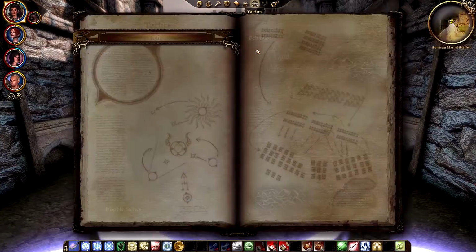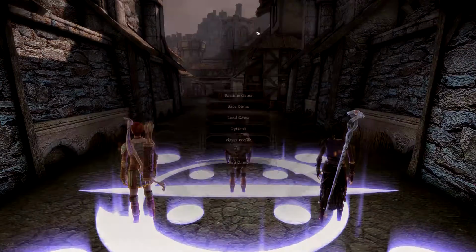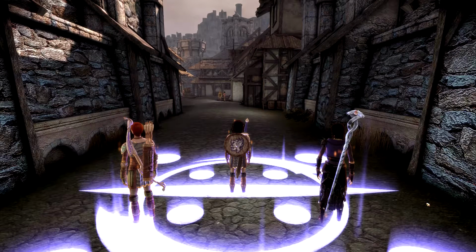For example, on her tactics here, I have her set to do rock armor when she's in combat, self-combat, but it tends to activate whenever I save, as well as whatever this glyph is. And I don't know why that is, but did I just save? I did. So, I'm going to exit, take us out to the main menu